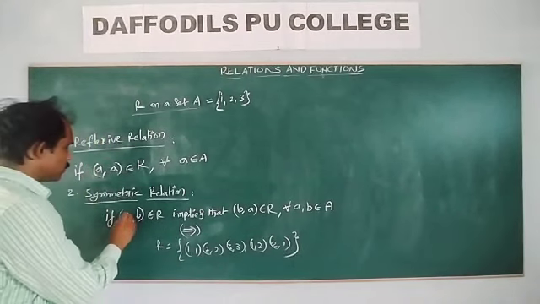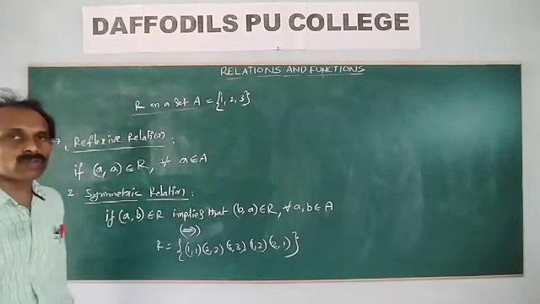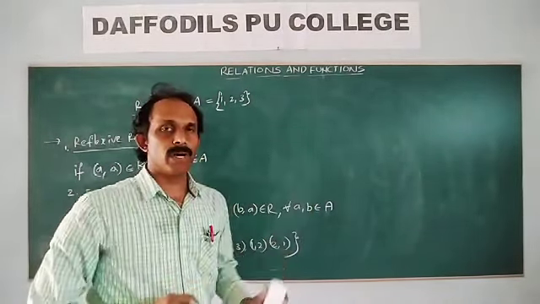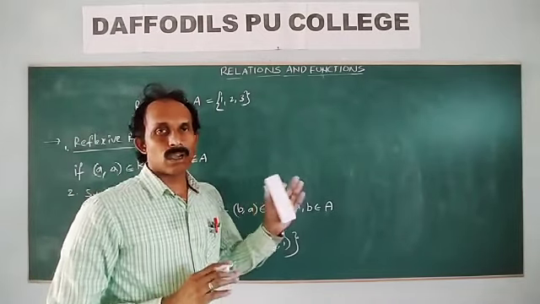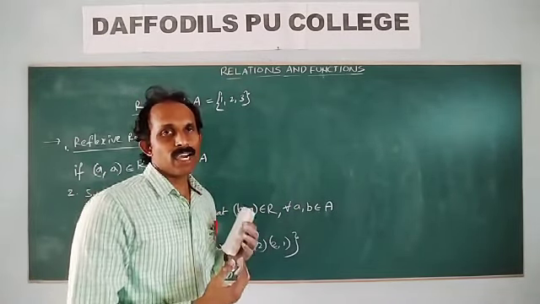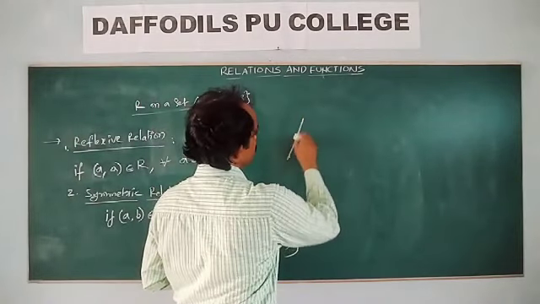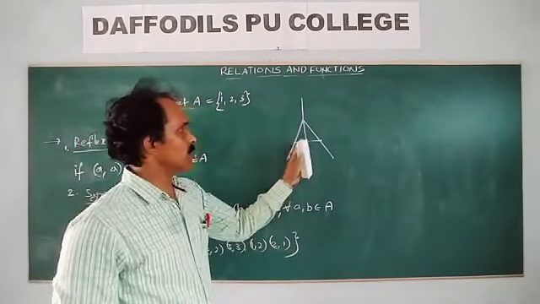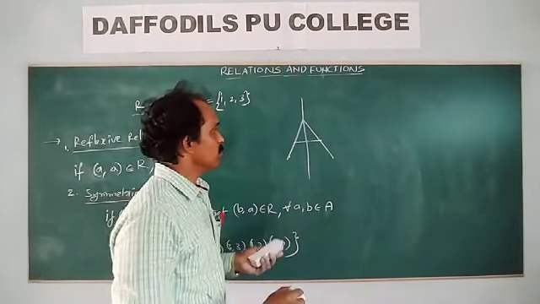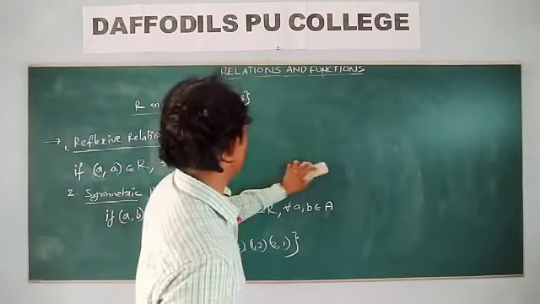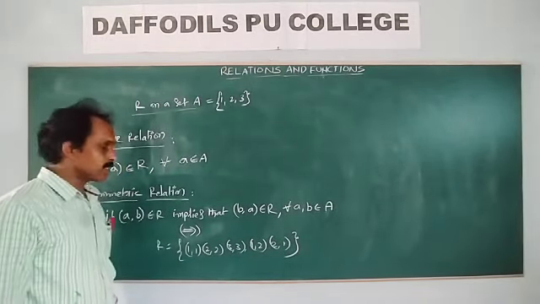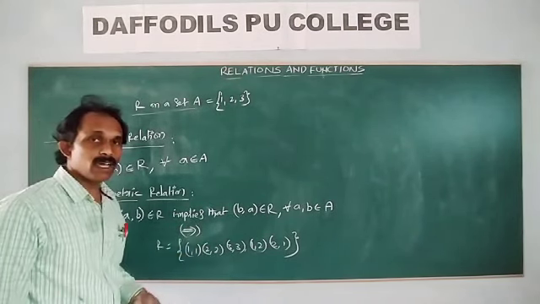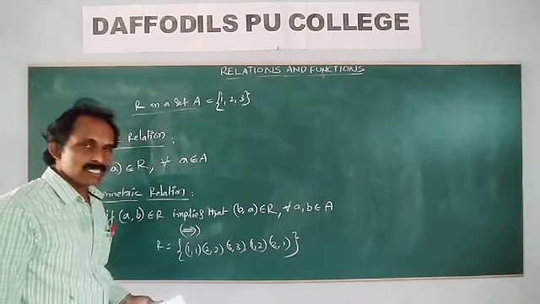What is the symmetric relation? Symmetric means the left side part and right side part are congruent, meaning the same. Suppose you take the letter A and draw a line down it. This is symmetric about the line, since the left side and right side are the same. Symmetric means (A, B) belongs to R implies that (B, A) also belongs to R. So that is called a symmetric relation.